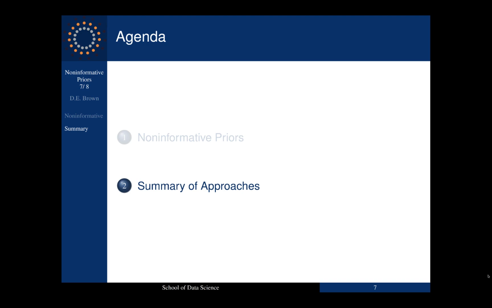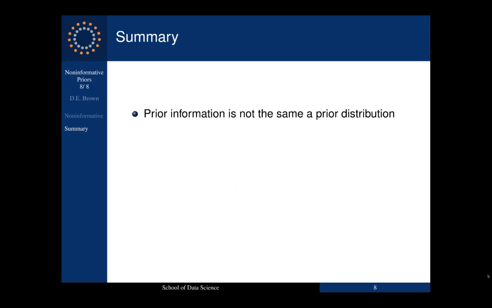All right, so let's summarize the approaches to developing prior distributions from the information that we have for Bayesian analysis. The first point we made is that prior information is not the same thing as a prior distribution. Typically, we have more information available to us than we can put into a distribution, but this is better than not putting any information into it. In general, that's why Bayesian analysis is so effective: it brings to bear the additional information that we have about the problem.